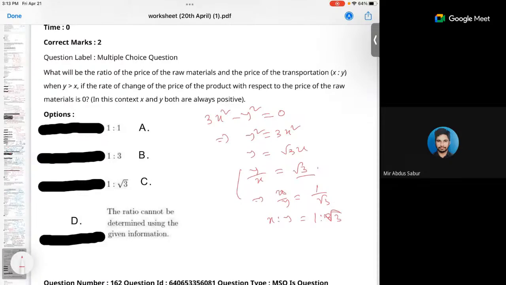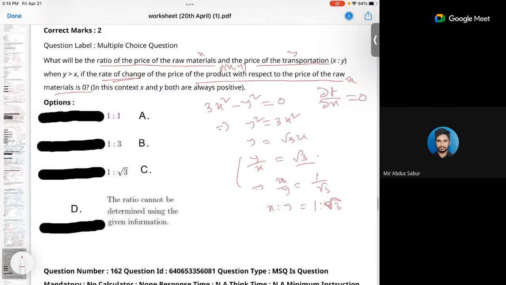Sir, got it. All of you did it? Yes. Here basically it is asked the ratio of the price of the raw materials, raw materials means x, right? And the price of transportation, that is y, when the rate of change of the price of the product, that is f(x,y), with respect to raw materials x is zero. That is, we have to find